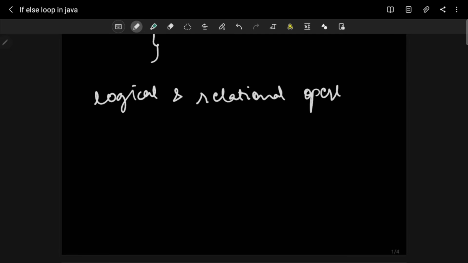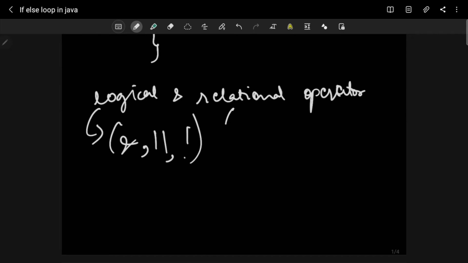For those of you who can't remember right now or who don't know, logical operators are the ampersand, the pipe, that is and, or, and the not, the exclamation mark, and the relational ones would be greater than, less than, equal to, all of that, right?